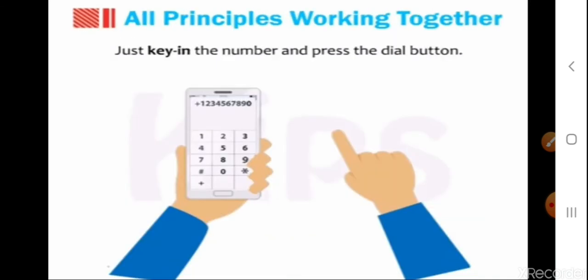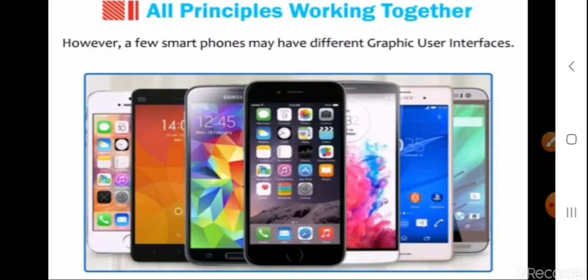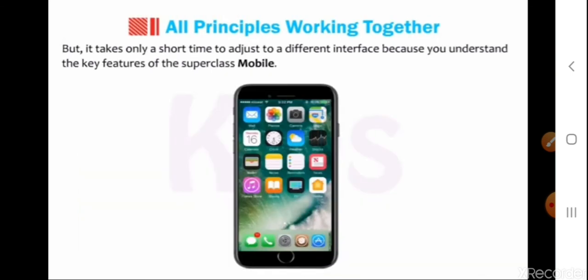Just key in the number, be it Samsung, be it iPhone or any other mobile, and press the dial button and it will make a call. However, few smartphones may have different graphic user interface, but more or less their calling feature is same.